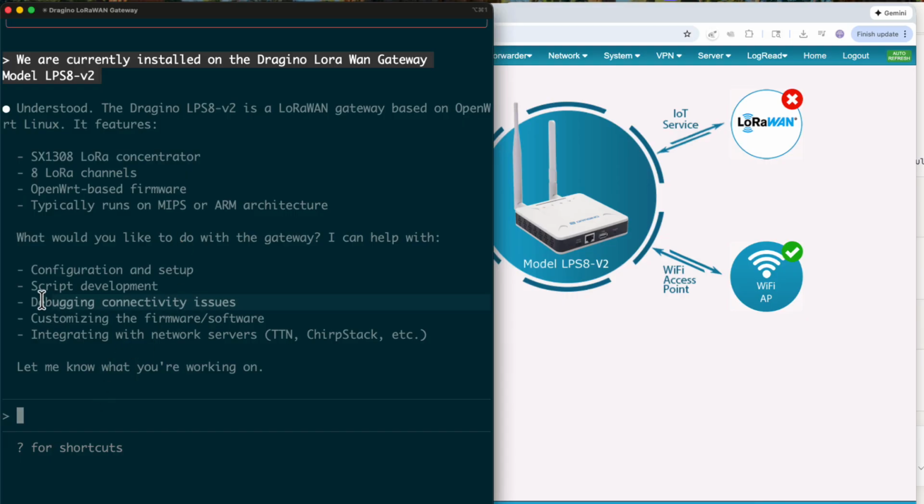And this is a great place. It gives some ideas, and that's exactly what we want to do right now, is we want to do some debugging. So I would love to do debugging and confirm we have LoRa traffic received